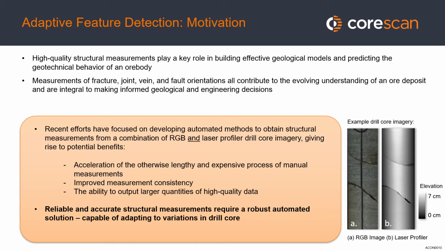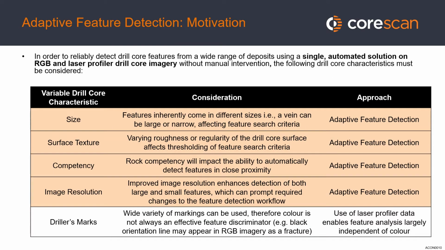Reliable and accurate structural measurements, however, require a robust automated solution, one which is capable of adapting to variations in drill core. Now, in order to reliably detect drill core features from a wide range of deposits using a single automated solution on drill core imagery without manual intervention, the following drill core characteristics must be considered. First of all, size. Features inherently come in different sizes. For example, a vein could be narrow or large, and this affects feature search criteria relative to the drill core